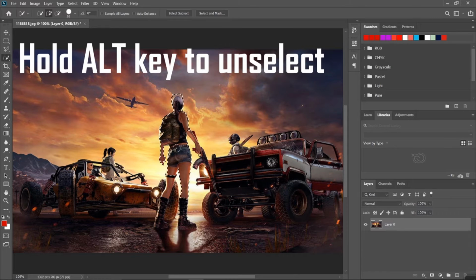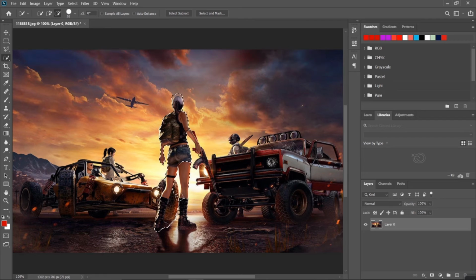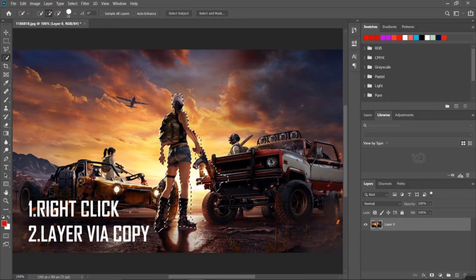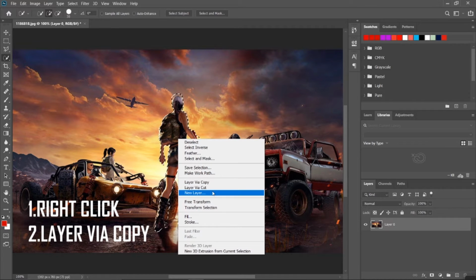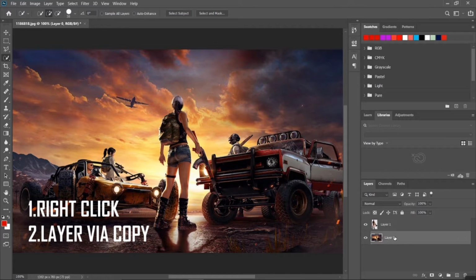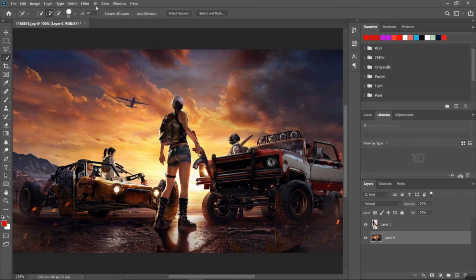In the case of Photoshop, make sure that you unlock the background. This allows you to select parts of the background. Once you have done that, select the central object of your image or the background which you have downloaded. Don't worry, you don't have to be exactly precise. Just make sure you get the outline in a rough manner. Once you have done that, right click and select the option which says new layer via copy. The whole idea behind this is to make the central object a new layer